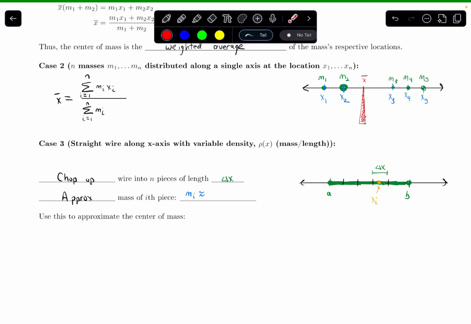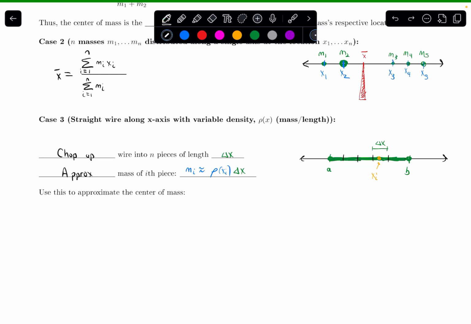And even though the density is changing throughout here, as long as these pieces are reasonably small, it's a fair assumption that the density is kind of close to constant that whole way, even though that's not quite the case. That's what's going to give me an approximation. So let's plug this x coordinate into our density function. I will get rho of xi for my density, multiply that by the length, delta x. And density times that length gives me my approximation for the mass. So let us use this